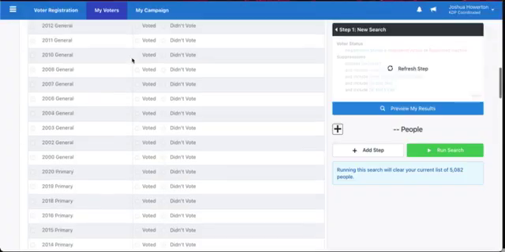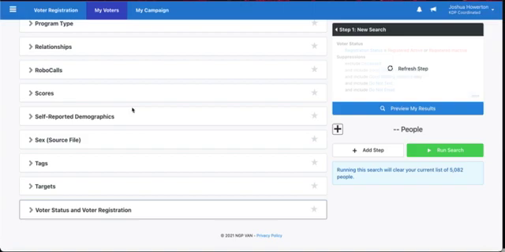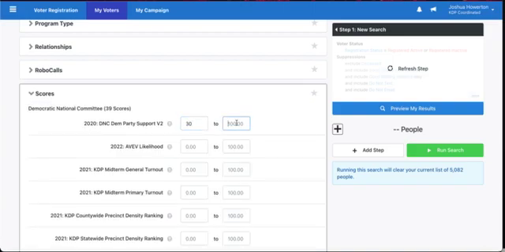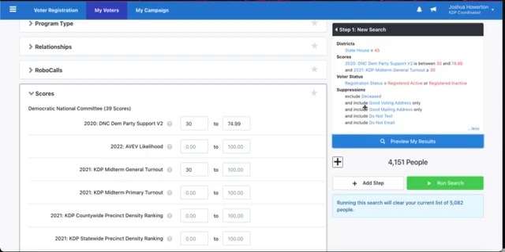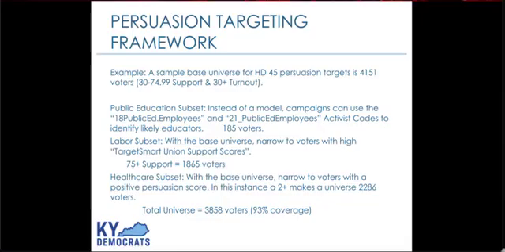So let me go back to scores. So again, we're just going to start 30 to 74.99 with a 30 plus turnout score. That's 4,151 people. So that's still a good persuasion universe to start with, but how do we make sure they're actually folks that would be good targets? So the public education subset, instead of using a model, we have some publicly available data